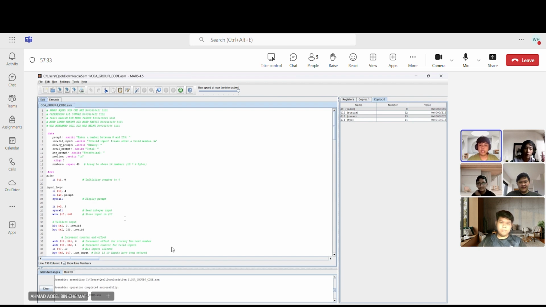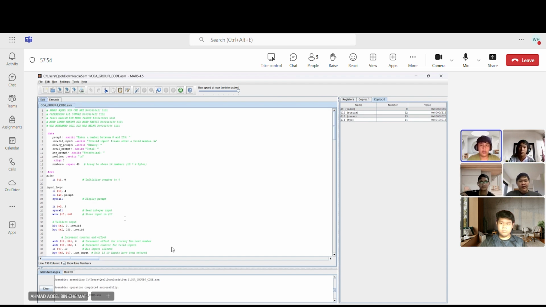Let's start with the data segment, which is explained by me. I explain the data segment, which is where we define all the constants and data our program uses. For line number 7, this marks the start of the data segment where we define strings, memory space, and other static data used in